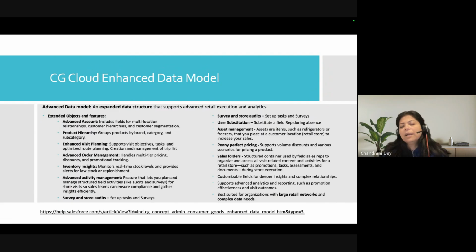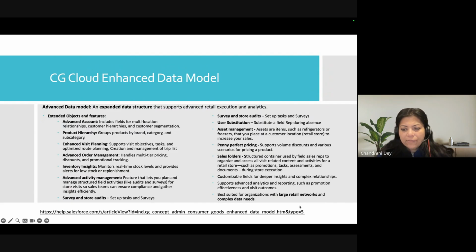So this kind of scenario you are going to end up with, where you have to look at what their needs are and decide on the data model, and also decide on the strategy on what you are going to take from the enhanced data model or what you are not going to take.